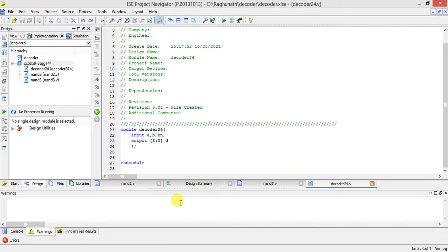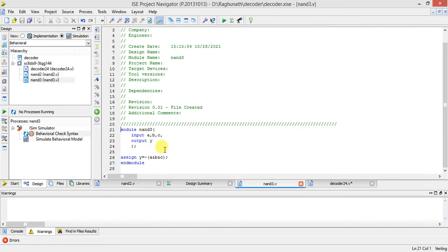So now I am going to create the first NAND 2. I am calling the NAND2 structure, and I am giving the name N1. The input format, you can see here, for NAND2: first I wrote A and B followed by Y. So first you have to write the inputs, followed by the output.